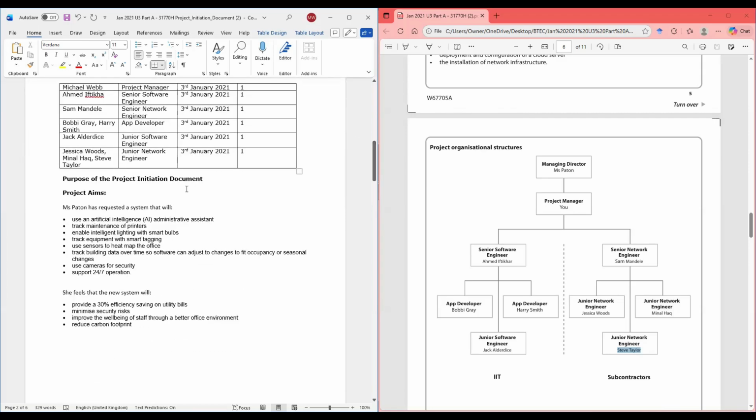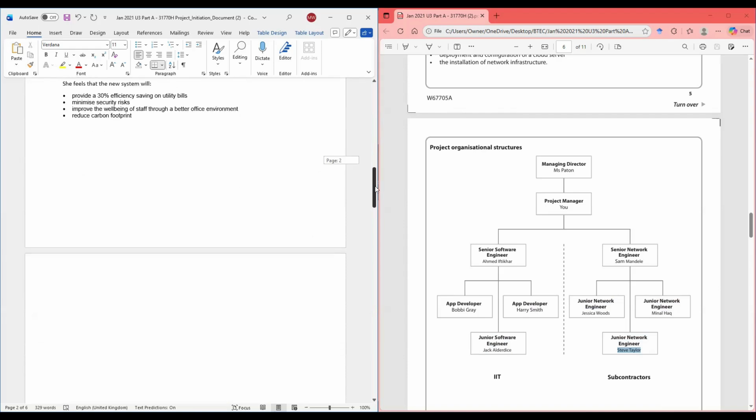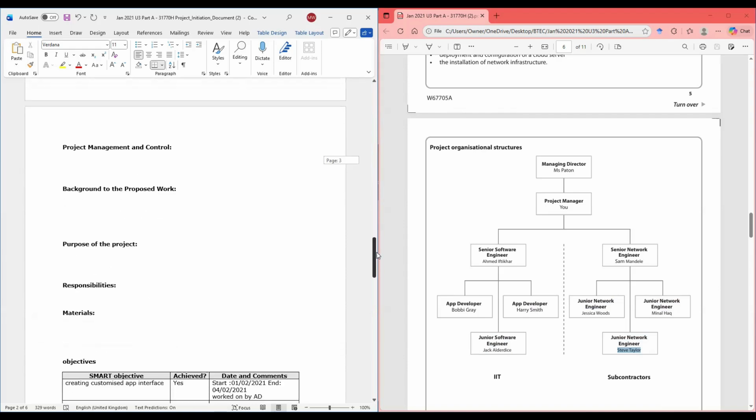Okay, so now on this PID, BTEC has sent the project aims on it. They have already done the project aim, and usually they would tell you what they have done when you're reading through the set task brief. So now we need to move on